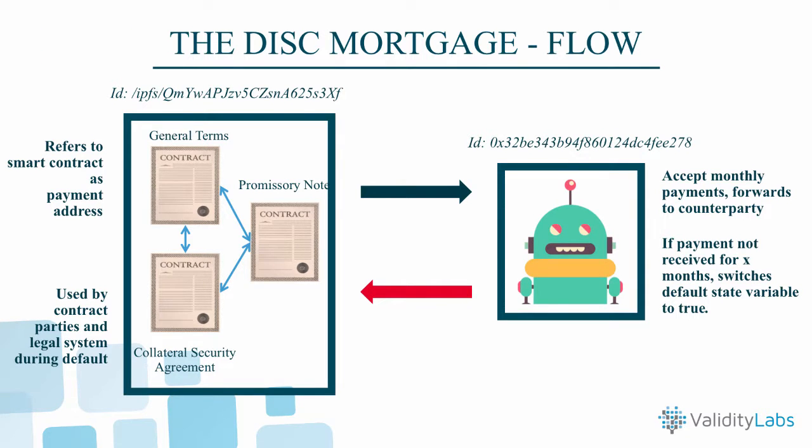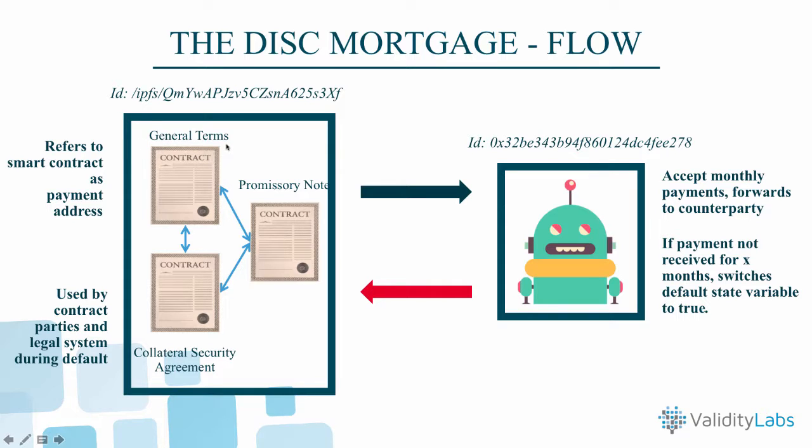Let us walk through some additional details of a DISC mortgage. Traditional mortgage agreements have multiple subcontracts that refer to each other in order to constitute a unit. Mortgage agreements vary in their specification depending on state and national jurisdictional boundaries. The example taken here is just indicative and may not correspond 100% to any particular jurisdiction. Some of the important subcontracts in a traditional mortgage are a document laying out the general terms of the loan